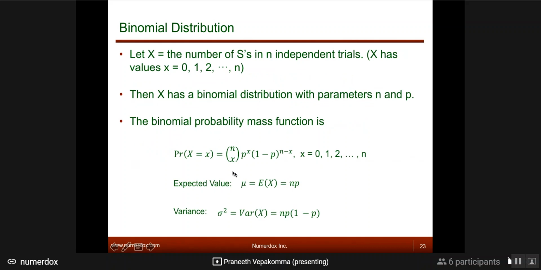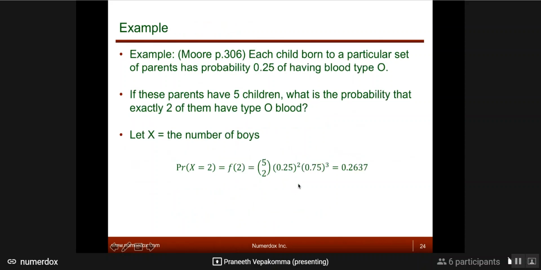Now, if I give you data and I want you to tell me not the expected value and variance, but I want you to estimate what P would have been. So the success failure example, I give you a string of how many successes and failures were generated based on trials or any phenomena that I'm measuring. Based on that data, if I'm asking what you think the estimate of P would be, then you need to think of some new formula. Instead of expected value and variance, you come up with a new formula that will try to estimate P. We will go through these things in the future.